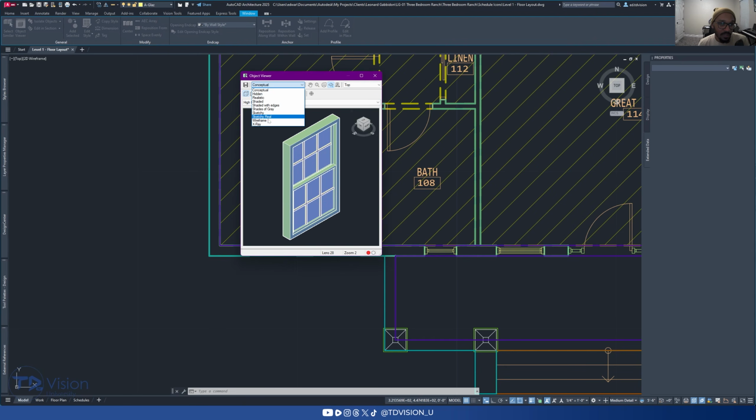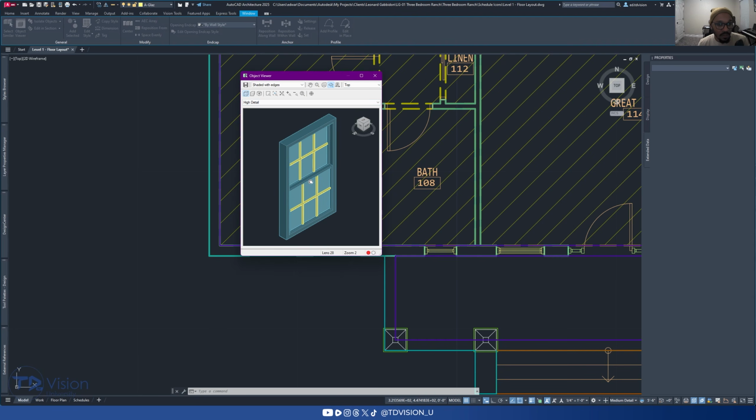Maybe you want to put it in wireframe, or you want to put it in shaded with edges. Maybe you want to look at the front view, something like that, or you want to see an isometric view, or perhaps you want a perspective view. How about that? So whatever you prefer, you can play around with these, and once you're done, you would hit